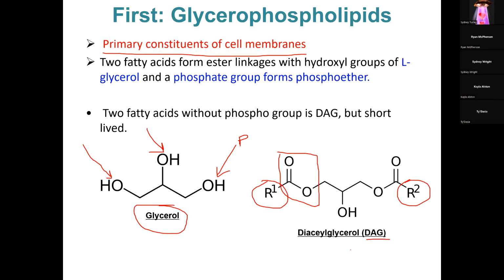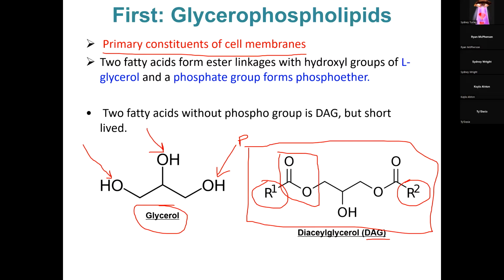And I'm kind of using that as a tool to illustrate a backbone of molecules that exist. DAG doesn't really exist in cells. It's not really made. It doesn't really have a purpose. There are small amounts of it made as side products. But I just really wanted to illustrate this as a backbone framework to work from, where with